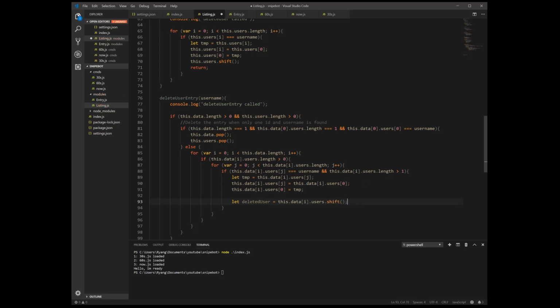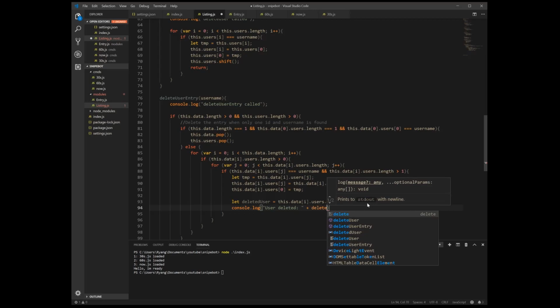Alright, so we remove the first value because we moved the value we want to delete into the first index. So then we remove the first index, and then we're going to save the value of the deleted user in here. And then we're going to console.log user deleted, and then we're going to add its username. So deleted user.